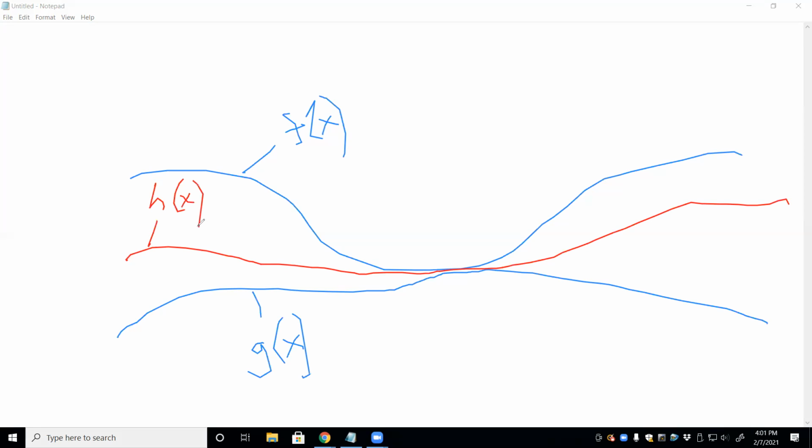So, if they tell you that h of x is always less than f of x, and always greater than g of x, and furthermore, if at a point C